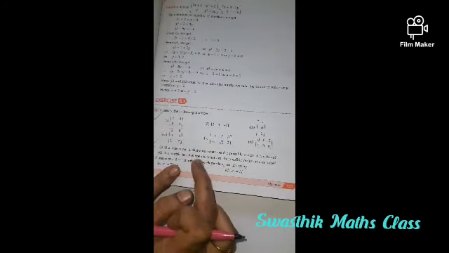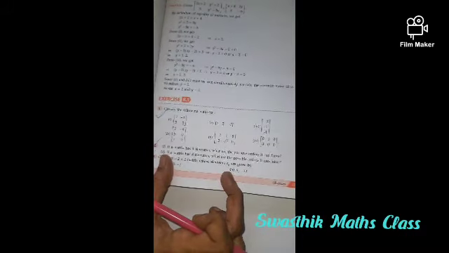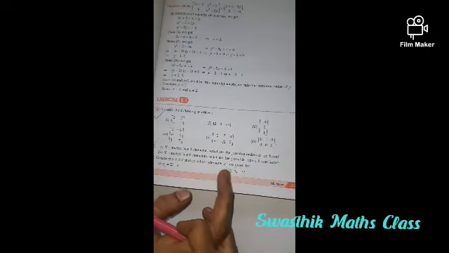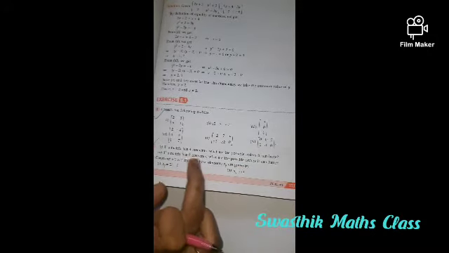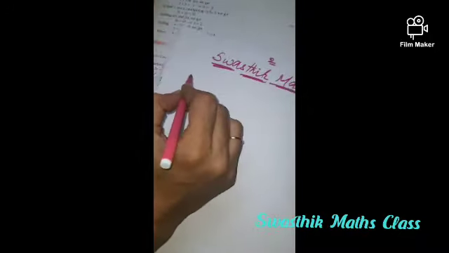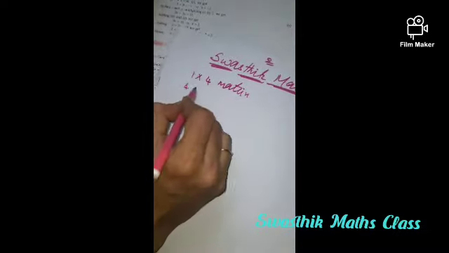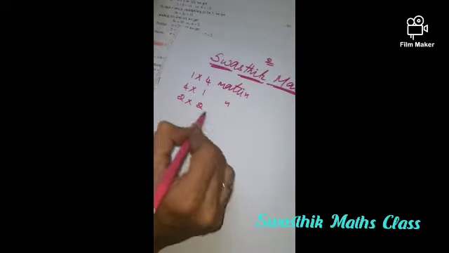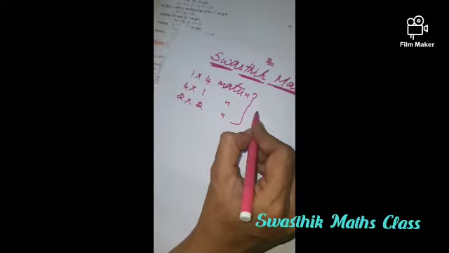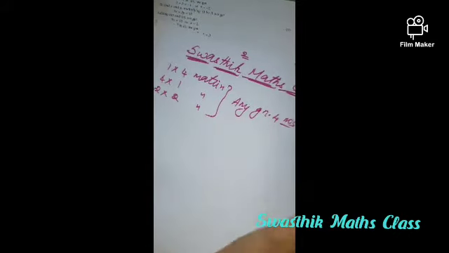Otherwise, what is the third possibility? We can take any 2 numbers in the first row and the remaining 2 numbers in the next row. So here the order will be 2 by 2. So there are only 3 possible orders of matrices with any 4 given elements. Either we can make a 1 by 4 matrix, or a 4 by 1 matrix, or a 2 by 2 matrix. So these are the possibilities for any given 4 numbers.